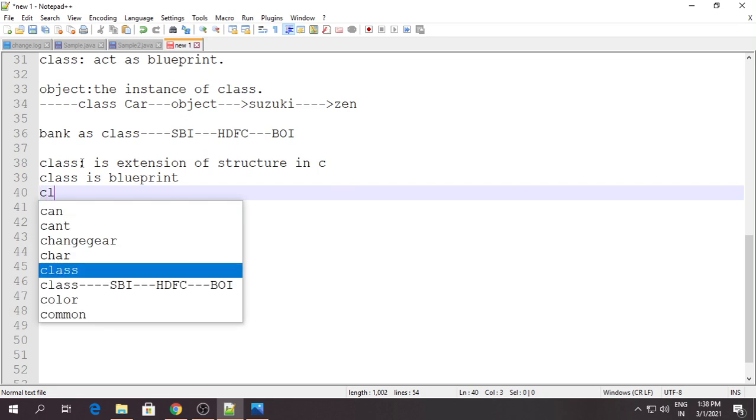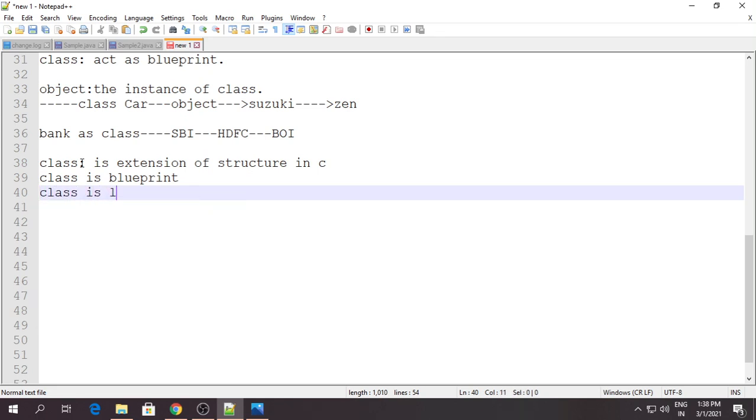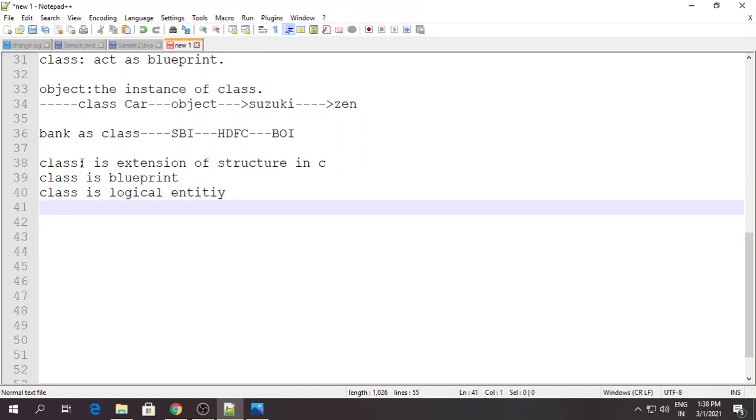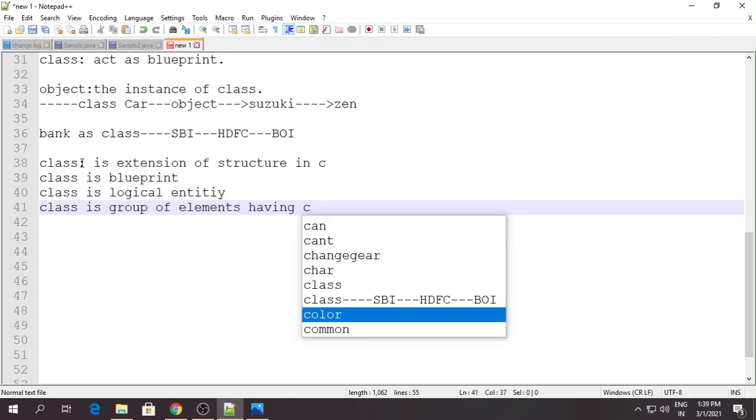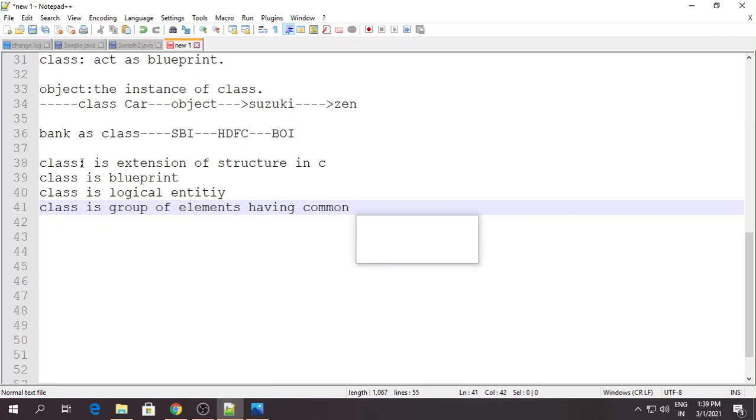Class is a logical entity. Then, most important, class is a group of elements having common properties and behaviors. In this way we can define the class.